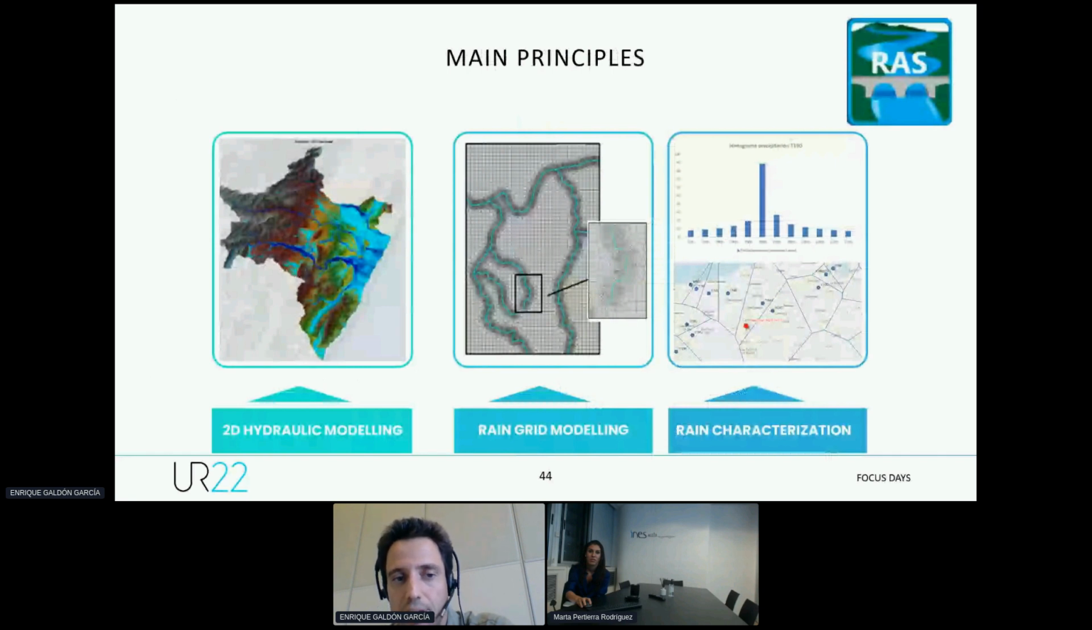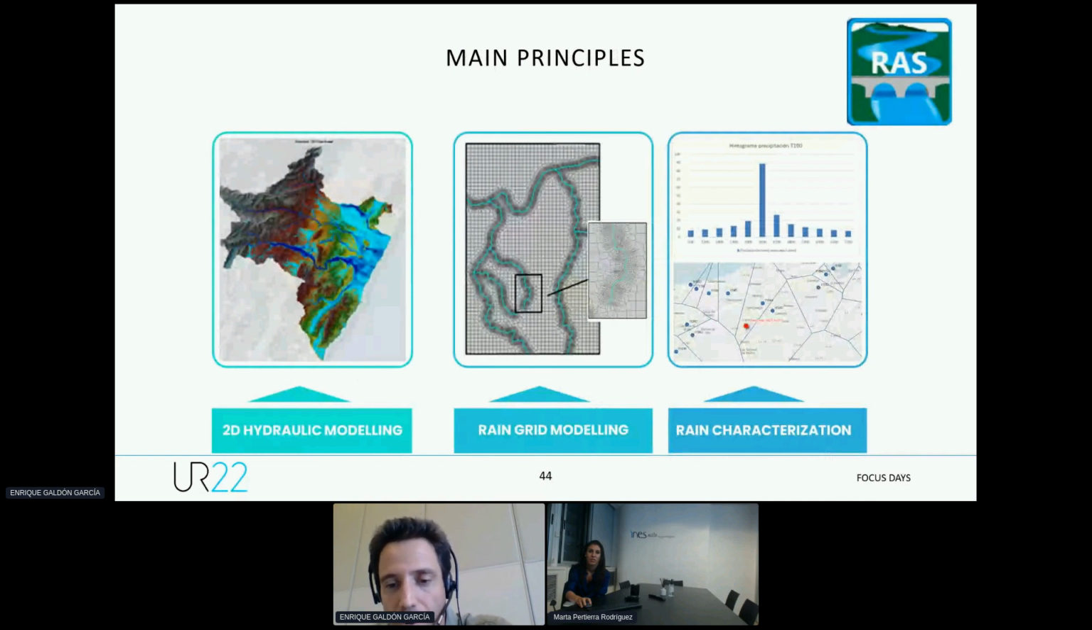Because previously, the analyses were done mainly in 1D, and that implied that mainly you could only model the rivers, and now you can get all the watershed involved, and then you can include not only the fluvial flooding, but also the pluvial flooding, which is the impact of the rain that doesn't fall on the river side. So for doing this, what we needed to do